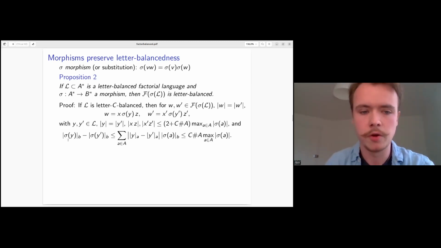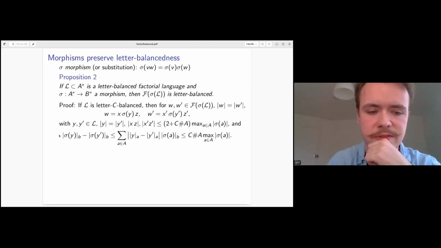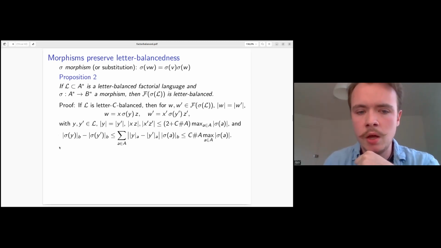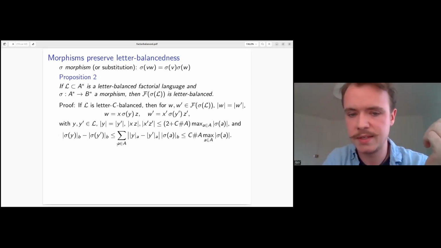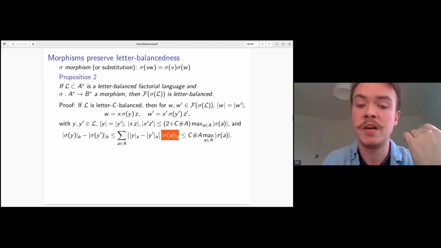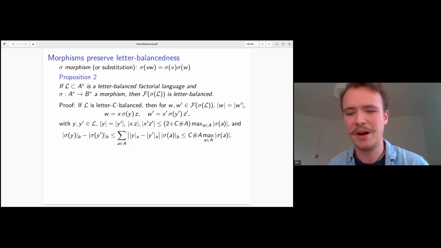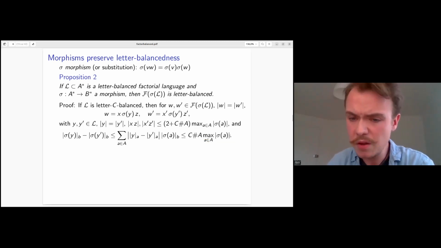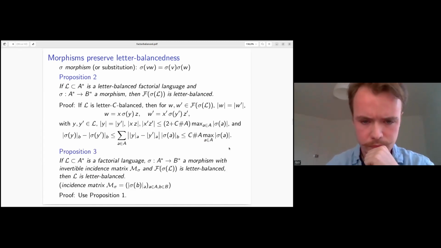And so to detail a bit what happens for the passage as far as Y and Y prime are concerned, the number of occurrences in sigma of Y of a letter B is the same as the sum over all the letters A of the first alphabet of the number of occurrences of A in Y times the number of occurrences of B in the image of A. And so this is a rough bound, but as long as it's independent from the length of W, it's enough to affirm that it is letter balanced. And then you have the